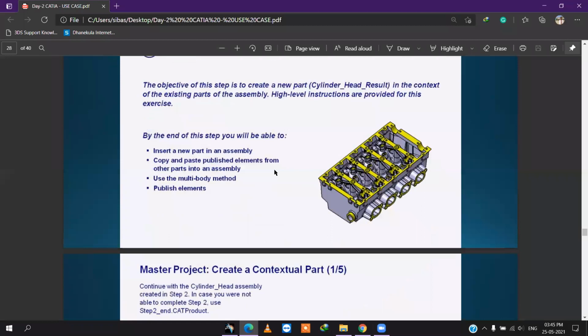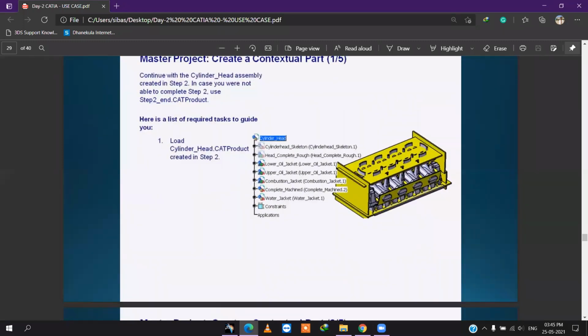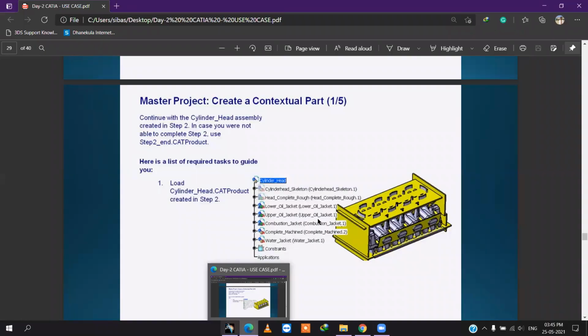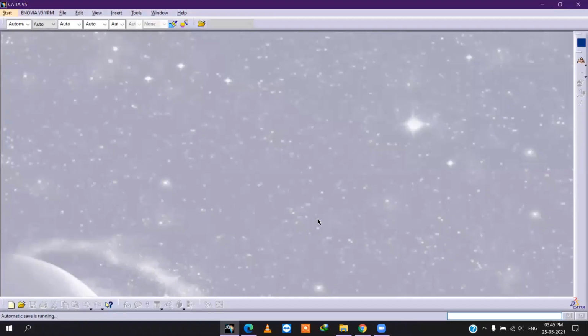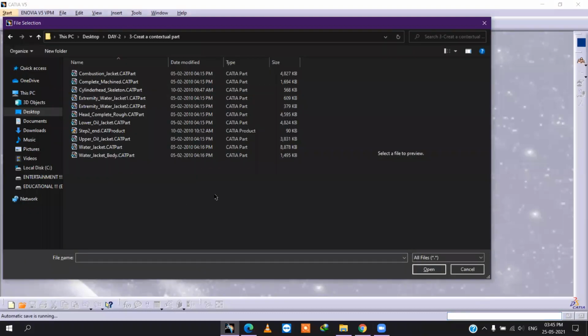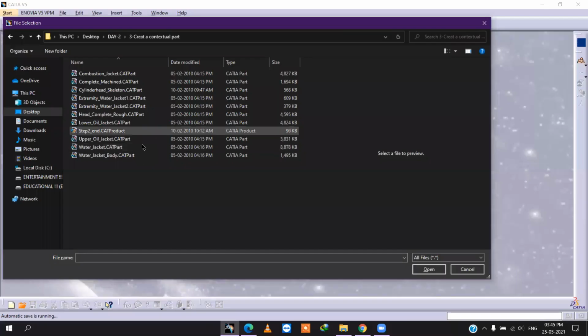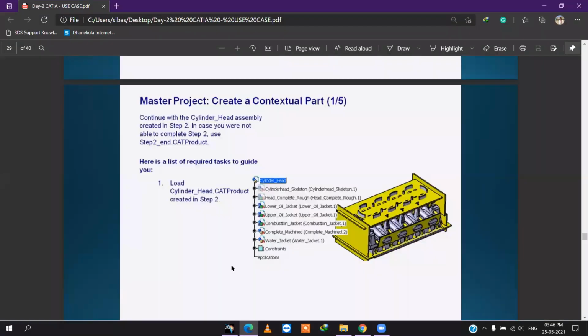Here we have to continue with the cylinder head assembly created in the contextual part. This one. Load the cylinder head CAD product created in Step 2, the CAD part.